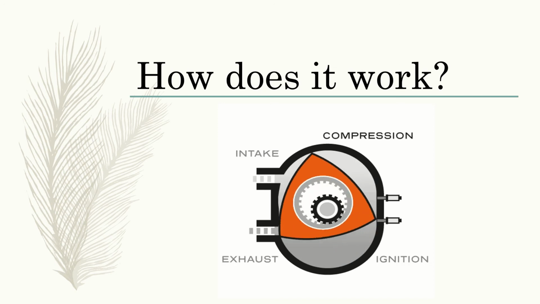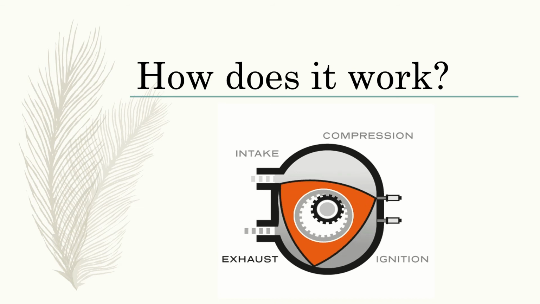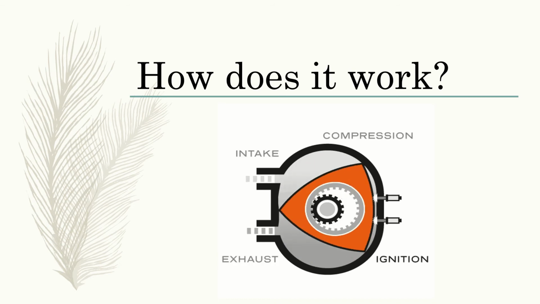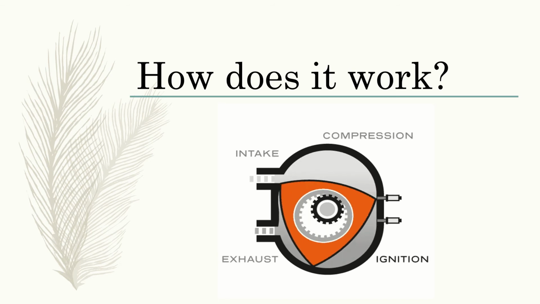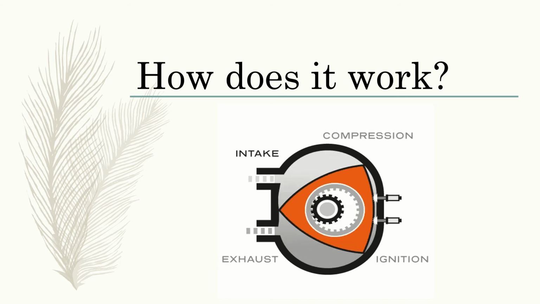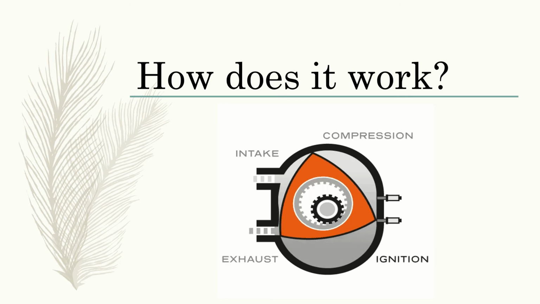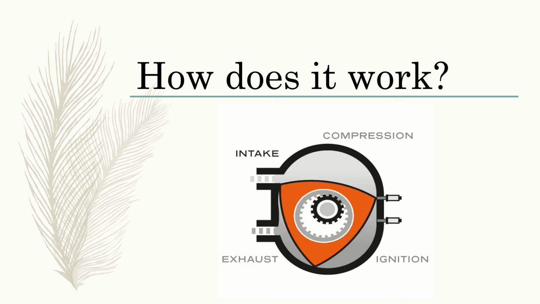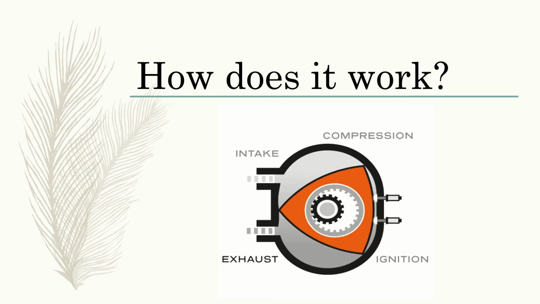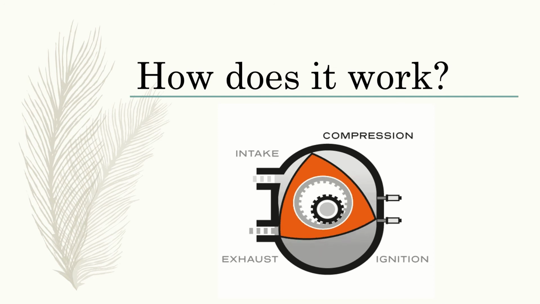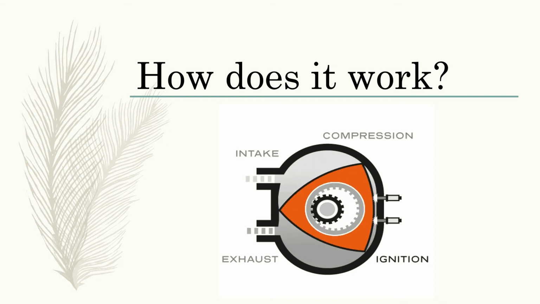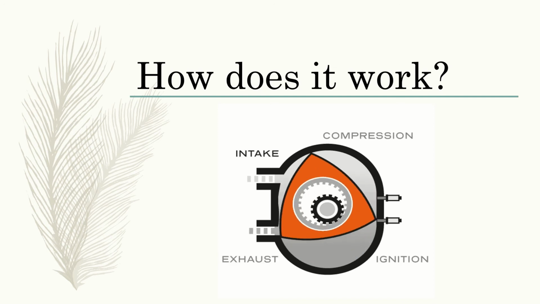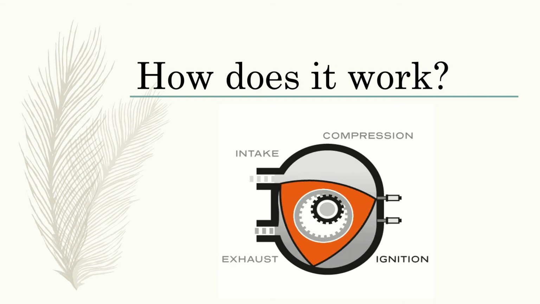So, the next one is the compression. In this phase, the rotor forces the mixture into a tighter area of the housing, creating a pressurized air-fuel mixture. It is important that the fuel be compacted at this stage because it will not ignite if it is not at the correct pressure. Taking the compressed mixture from the previous stroke, the third stroke, ignition, ignites the mixture,